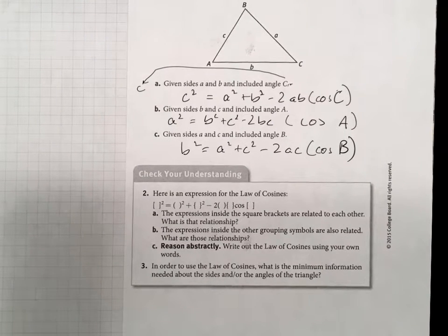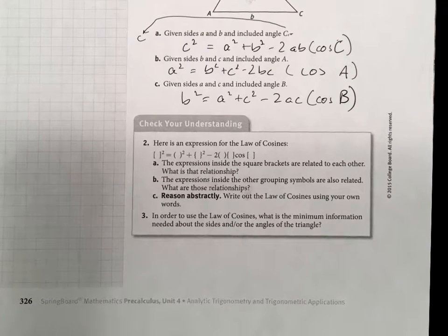You will never be given those formulas. So when do you use the law of cosines? How do you know that you should be using the law of cosines? Simply by looking at the information given. Take a look at number 3. In order to use the law of cosines, what is the minimum information needed? I think you could explain that a lot of ways, but I'll just tell you this way. You need more sides